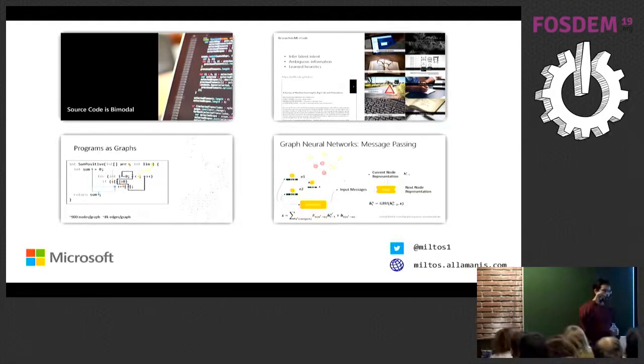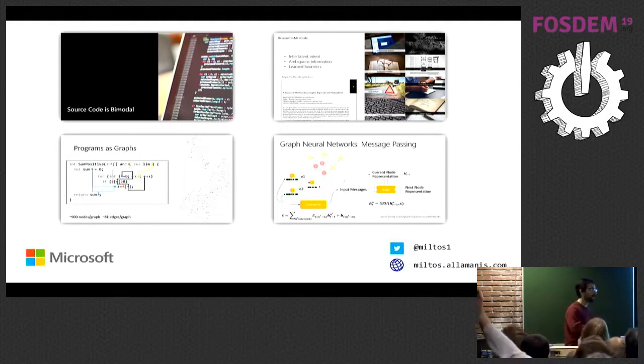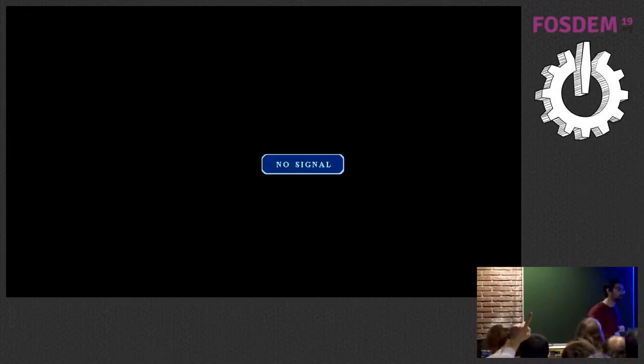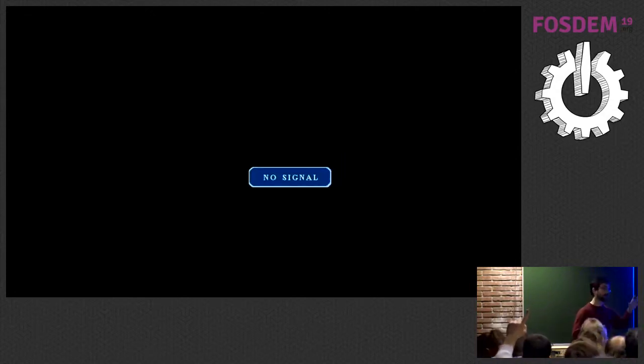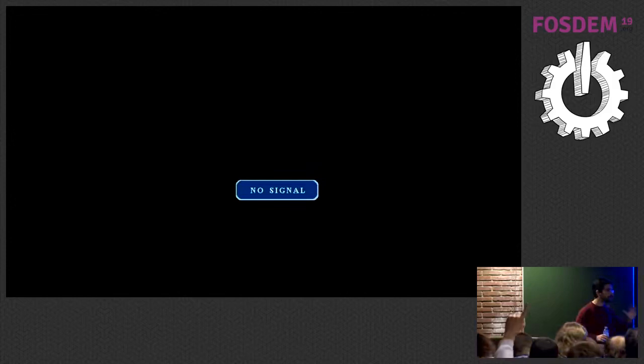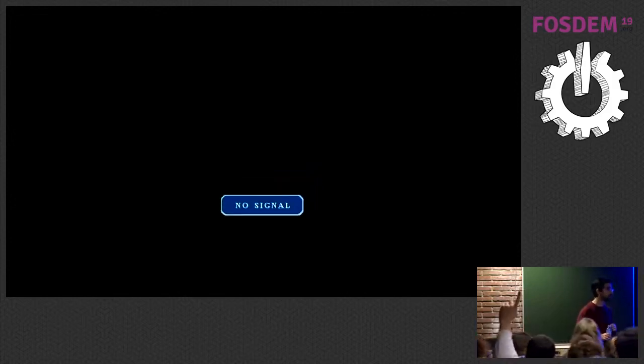The graph itself represents all structural information that is given deterministically: AST, data flow, control flow, all these kinds of things. But the nodes have information like names of variables, names of methods, things like that. This is essentially how we embed natural language information. We don't add things like comments, we don't add anything else. But variable names are very indicative, so that's the only part of the natural language aspects we get.